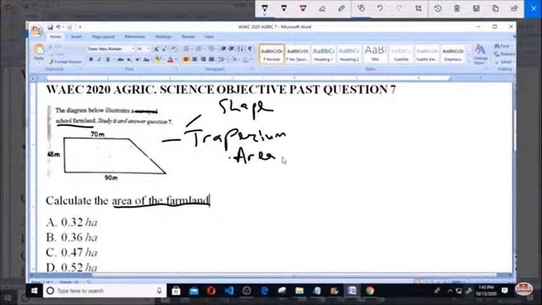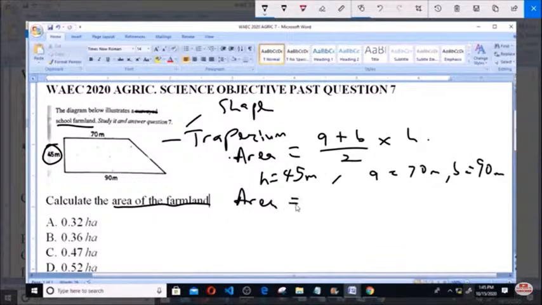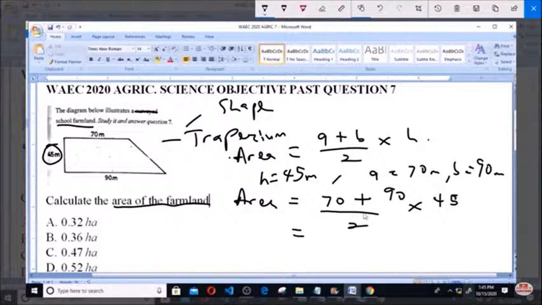So area of a trapezium is equal to (A plus B) over 2 times H. Now, this 45 meters is H, that is the height, representing the height of the figure. Now, A is our 70 meters, B is 90 meters. So we apply those variables into the formula. So area is equal to (70 plus 90) over 2 multiplied by 45. Now 70 plus 90 is 160. 160 over 2 is 80. 80 multiplied by 45 is